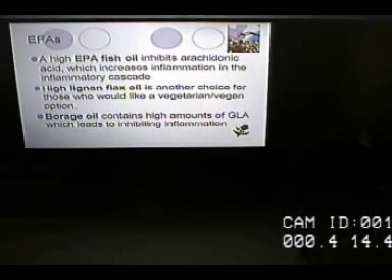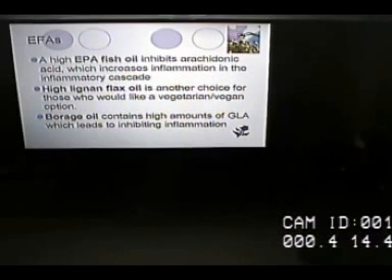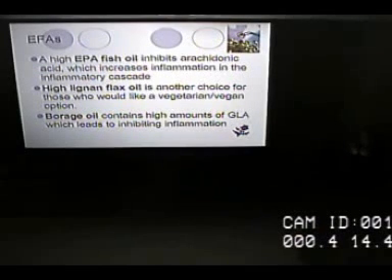Now typically, our standard American diet is low in omega-3s, which is what you find from the fish oil or the flax oil, chia, hemp, things like that. So those are the ones we really want to make sure that we get into our diet. Because all of the cell membranes in our body are made of a bilipid layer, and lipid is fat, right? So we need to have good fats.